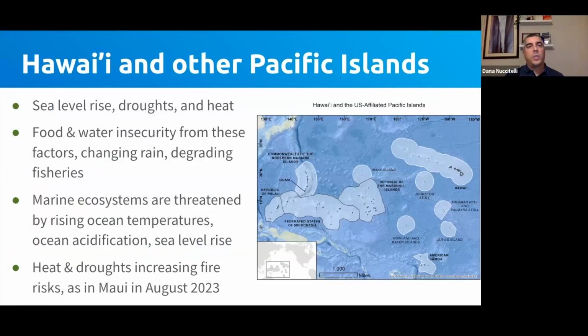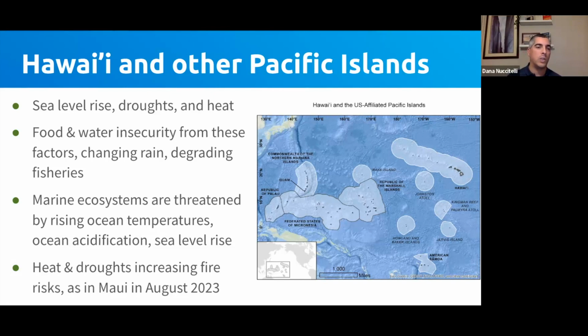And then let's move over to Hawaii and the other Pacific islands, where they, of course, have to worry about sea level rise, big problem for islands, also droughts and heat. Those factors cause food and water insecurity, as do changing rain patterns and degrading fisheries off of their coasts. Marine ecosystems are threatened by rising ocean temperatures and ocean acidification, and coastal ecosystems are threatened by sea level rise,